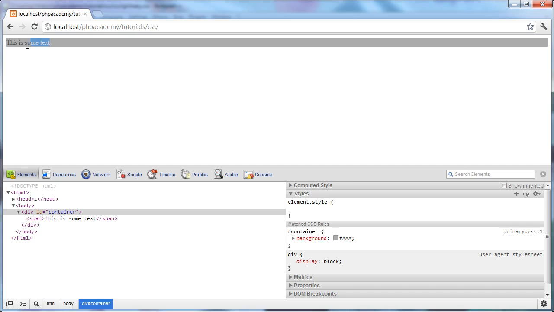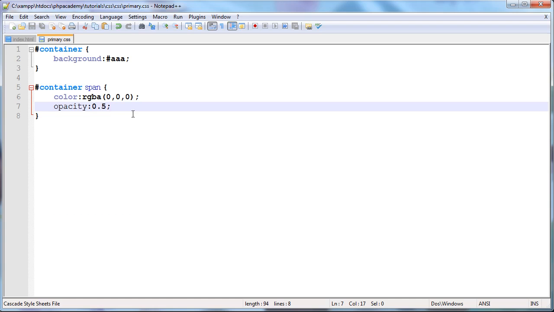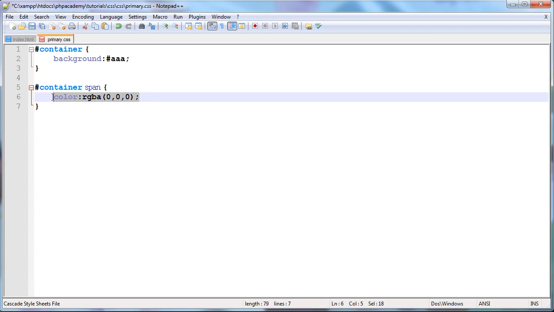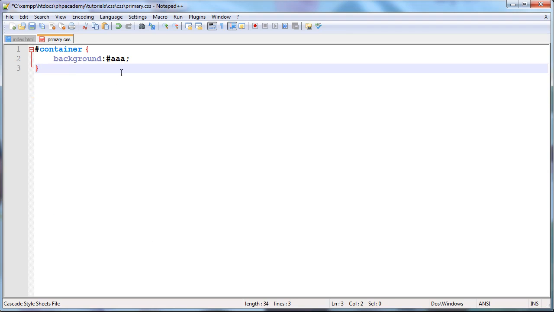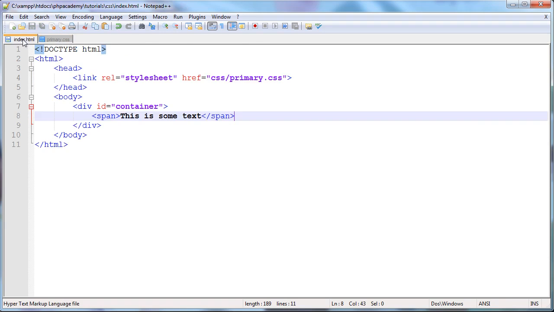So I would have to use that to fade the color of the text. However, using color RGBA, we can eliminate the need for all of this excess markup and styling, and we can just specify to have the font color half